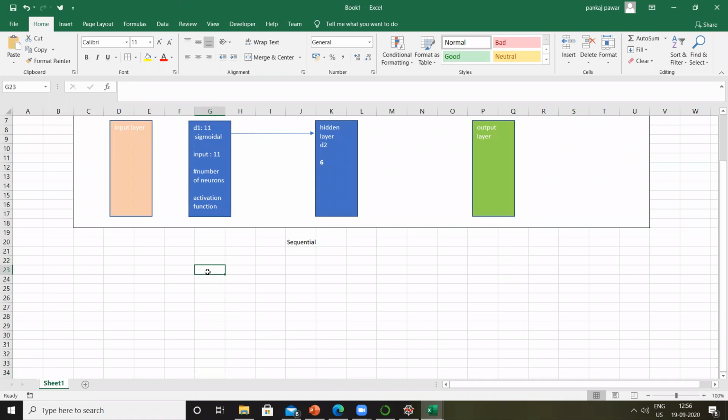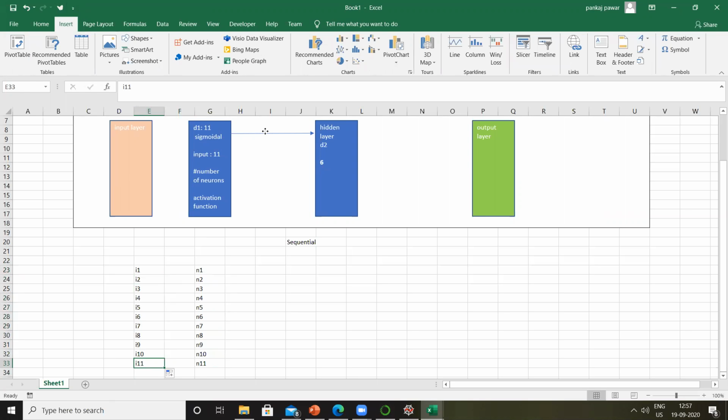So let me try to do it in this way. Let's say this is neuron 1, neuron 2, neuron 3, neuron 4, neuron 5, neuron 6, neuron 7, neuron 8, neuron 9, 10, and neuron 11. And this is input 1, input 2, input 3, 4, 5, 6, 7, 8, 9, 10, 11. Now what has happened is